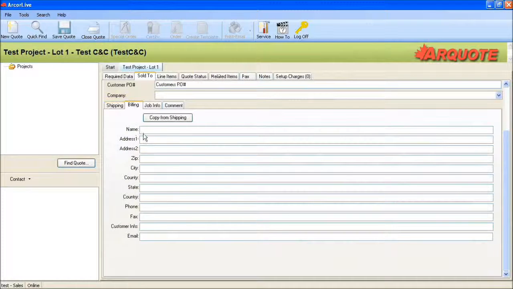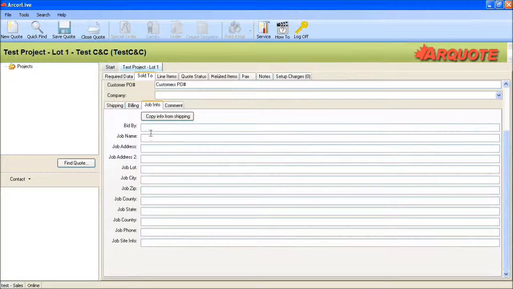You can put in the bill to address, their phone number, fax, email, address there. You can also put in the job info if the job is actually at a different site, and